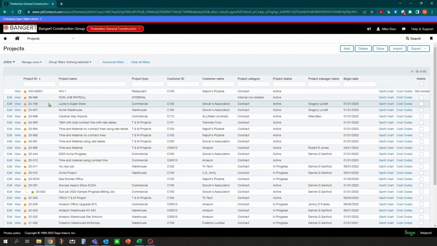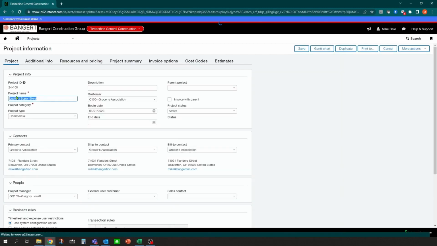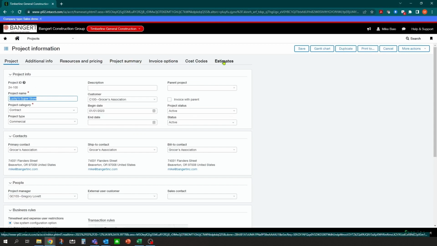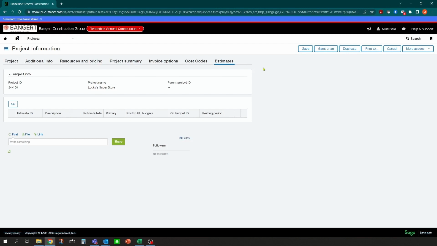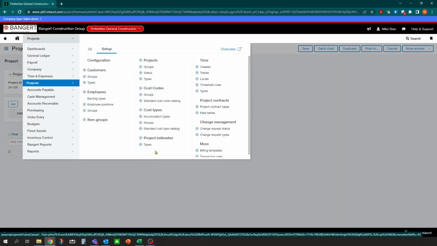It's a commercial project, and we're going to go into this project, and part of the setup in the system is we're going to be able to go in and enter or import our estimated cost budget. If you're integrating with other products like Procore or Sage 300 Estimating, these budgets can also come in automatically through those systems, through APIs and through import-export scenarios as well. So what we'll do first is go into projects, and you notice here you have a project estimates button, and we're going to hit the plus button to put in a new project estimate for this job.